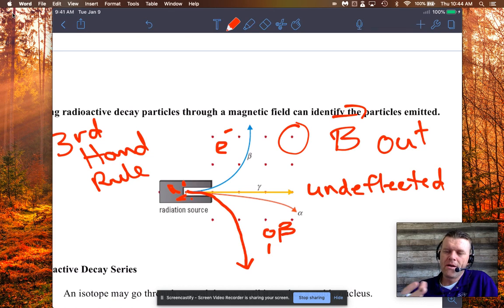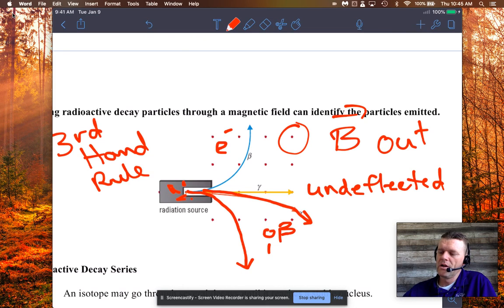But as you remember, hopefully, from charged particles in magnetic fields, the heavier the particle is, they're going to experience the same force. So heavy particles won't be bent as far, they won't have as sharp a curvature as the lighter ones. And that's why this alpha particle is sort of sluggish, being pushed away, because it's got way more mass than the